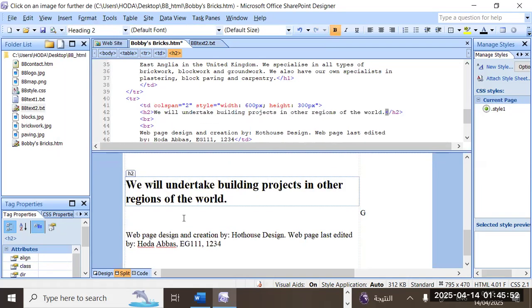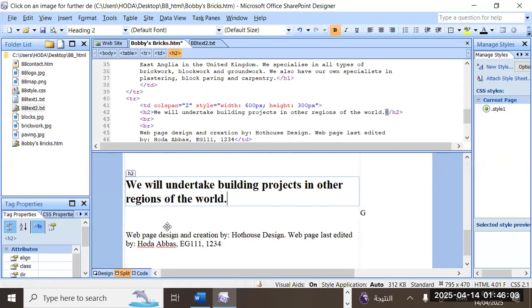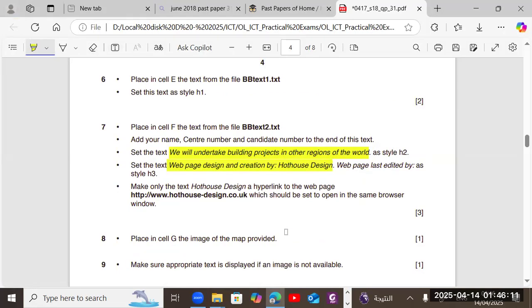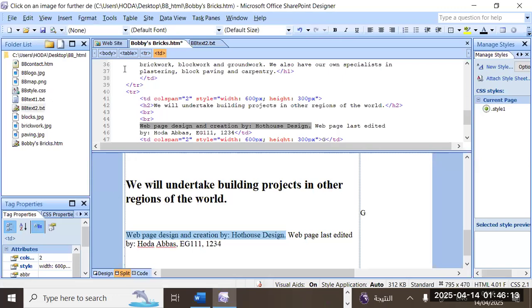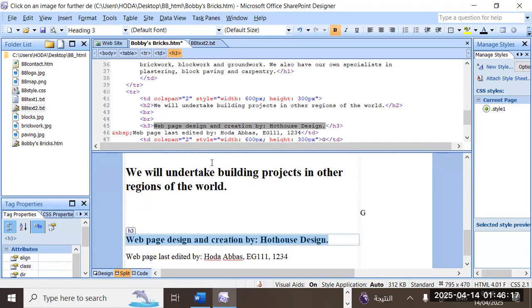Heading 2, and this one from web page design till design. Heading 3. And then